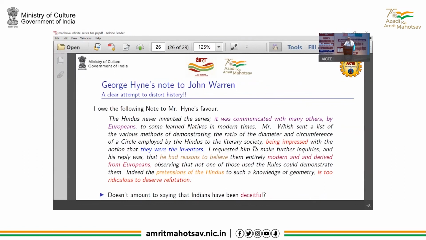When the series was first brought to the attention of Western scholarship by Charles Whish, people could not digest the fact that this thing had been done here. And therefore, people have been saying, indeed, the pretensions of Hindus to such knowledge of geometry is too ridiculous to deserve refutation. This is the kind of statement that was made when this Kerala work was presented. So the conclusion is,